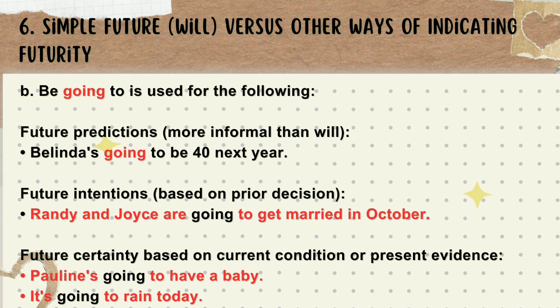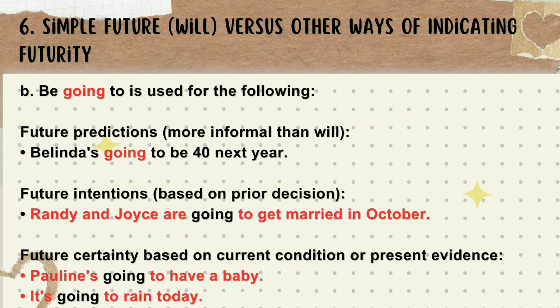So, like for example, Glenda is going to be 40 next year. So if you notice, it is because it was replaced by going to. Next, future intention based on a prior decision. Example is Randy and Joyce are going to get married in October. Next is future certainty based on the current condition or present evidence. Like for instance, Pauline is going to have a baby. Or another is, it's going to